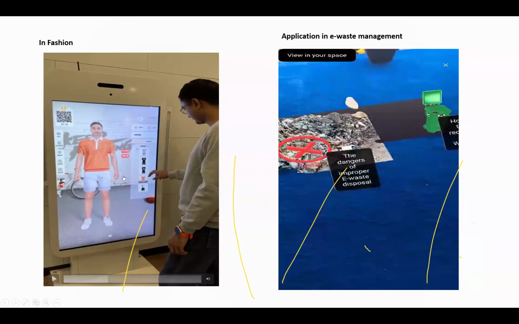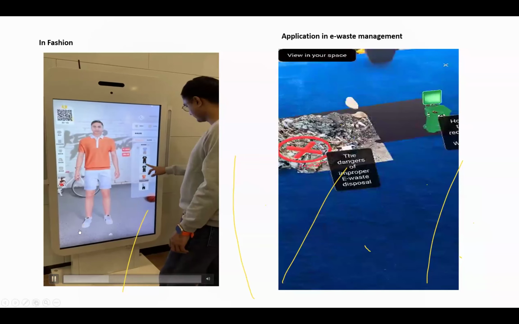You try it on and see how you would look. As you see here, the avatar is him or similar to him. And then you try on the different outfits to see how you would look when you wear a particular outfit. So that is just one of the applications of augmented reality in fashion.